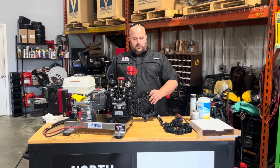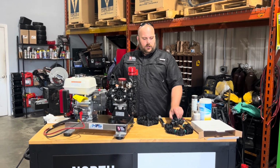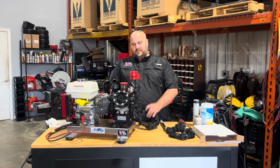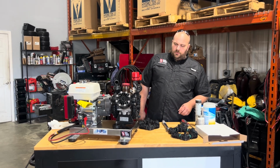So this is where the majority of your leaks are going to occur. You do not have to replace this as a whole. We also offer each individual piece separately as well, but this is a good item to have in your truck for a quick swap. I'm going to show you just how quick you can do this with just a couple